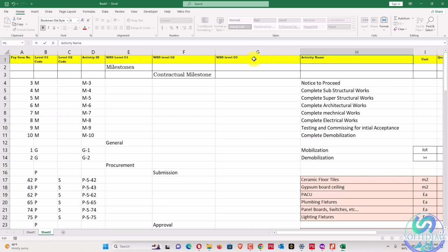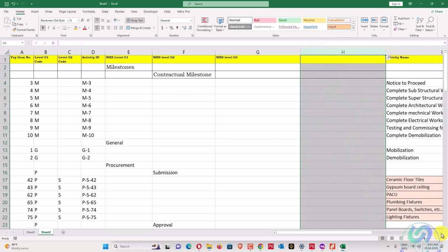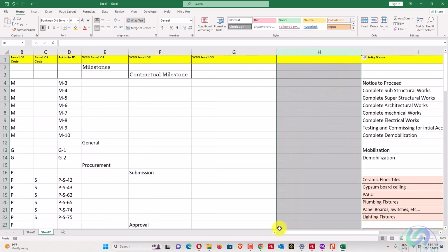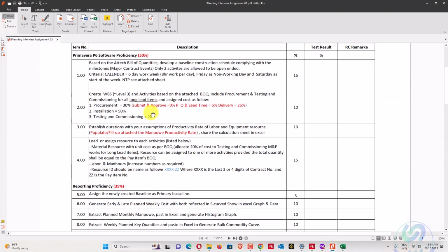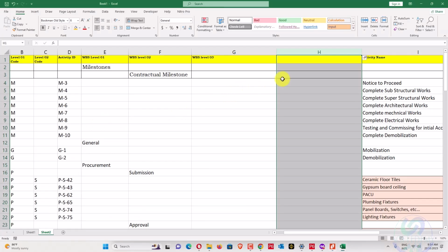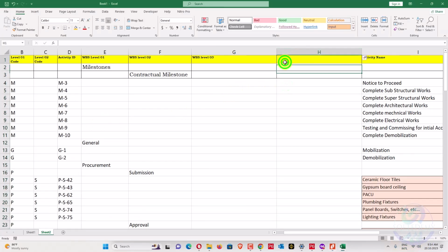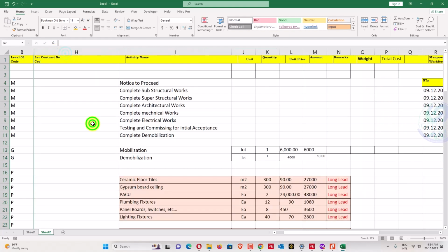Now what we have to add else, here we can add our pay item codes, like what was our requirement. Our requirement was contract number T-888. Here we can write contract number. We'll hide this one. Okay, hide this one.